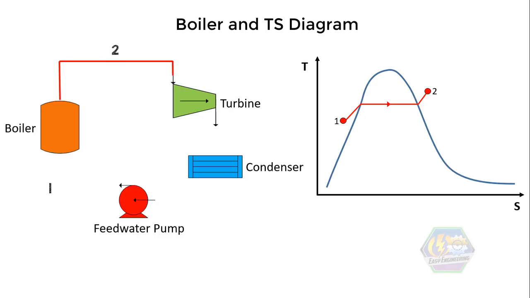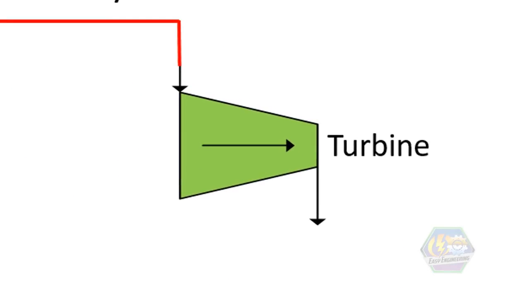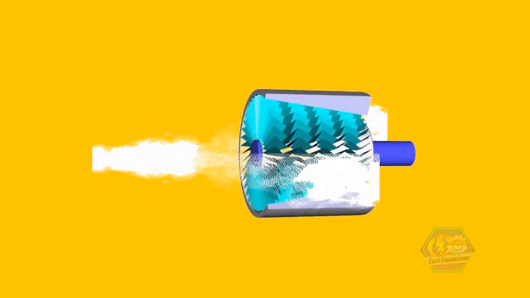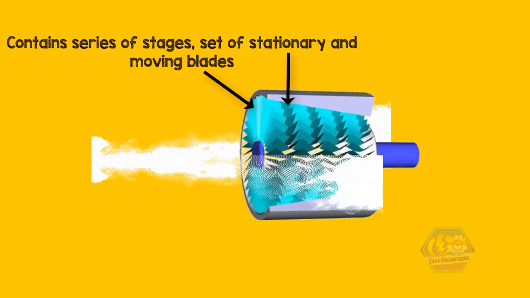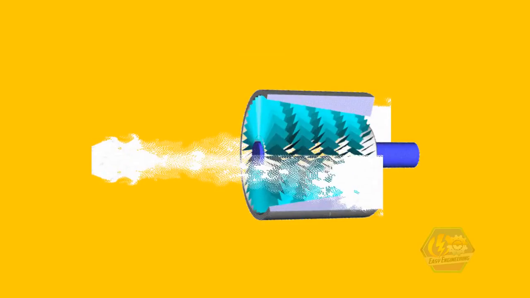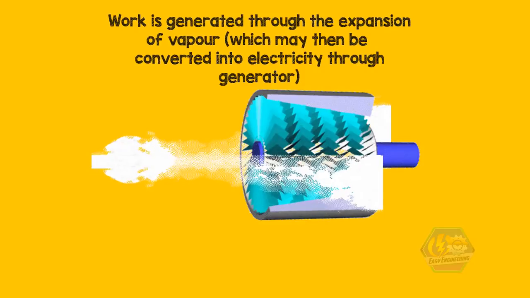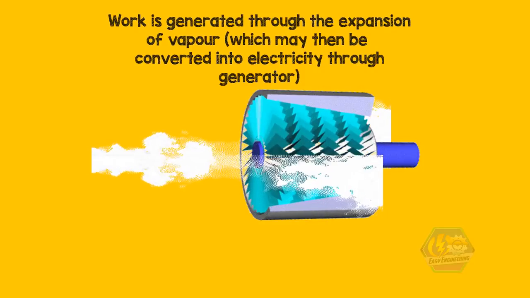Now, steam can be used in the next process, which is the process 2 to 3, turbine. Turbine is a work generator equipment. It contains a series of stages or set of stationary and moving blades to perform its function. By using the steam, work is generated through the expansion of vapor, which may then be converted into electricity through